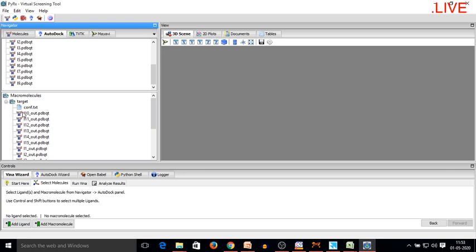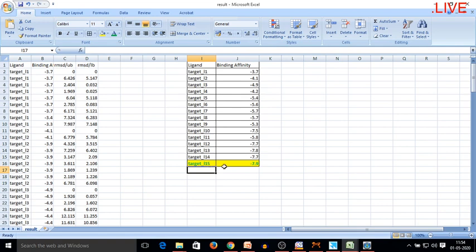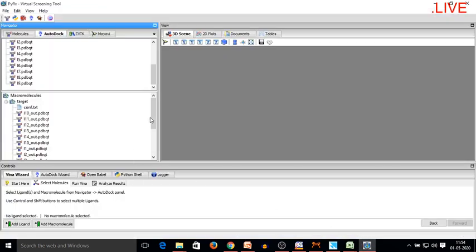This out.pdbqt file is actually the file which will be visualized in the other software, and the interactions will be seen. As we have screened from this table that L15 is showing the best binding affinity, we will select the L15 out.pdbqt.